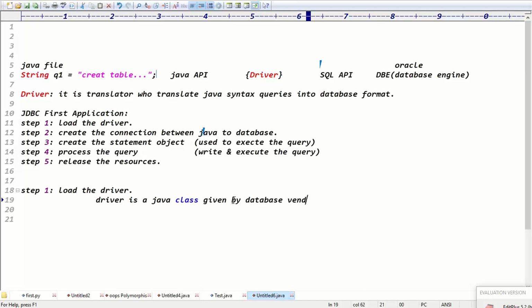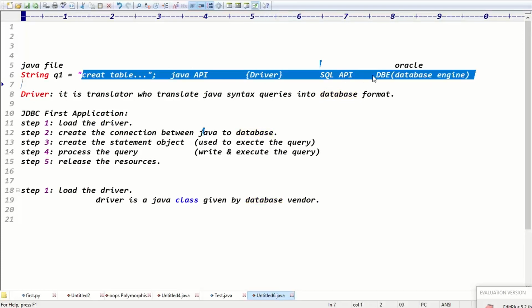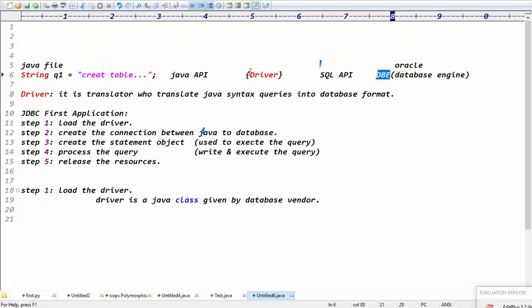It means the database person. The Oracle vendor gave the driver class that is responsible for converting the queries into Oracle format. The MySQL vendor gave the driver class responsible for converting to MySQL format. The driver class is given by the database vendor itself.